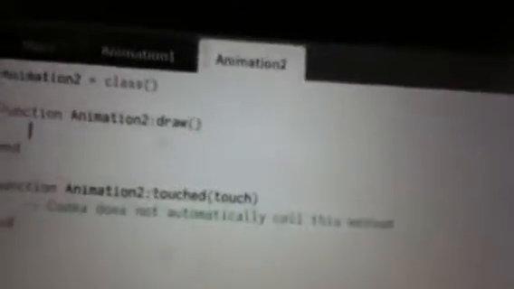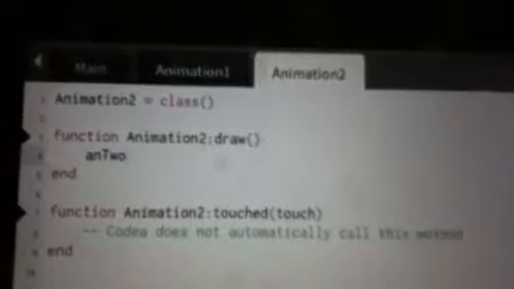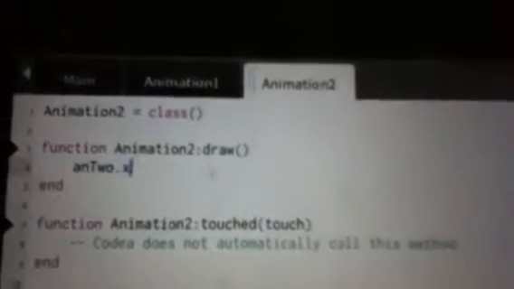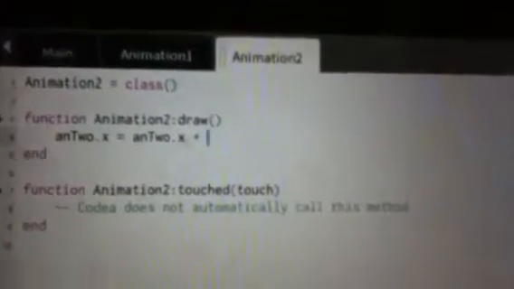Then animation 2 and 2 dot x equals and 2 dot x plus 3. Then you could delete the touched function, I guess, if you want to, but we're not going to be using